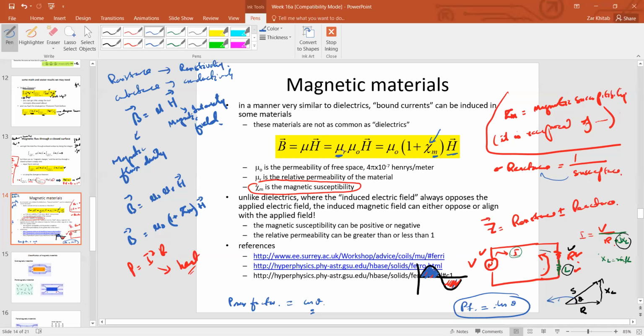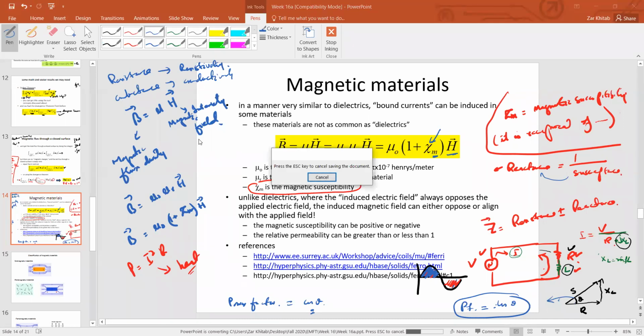So magnetic susceptibility is how much the material will favor magnetic fields, how much the material will boost and strengthen the magnetic fields, how much magnetism will be created in those materials. It really depends on the magnetic susceptibility. So it's a very favorable term for magnetism. Okay, so we will see